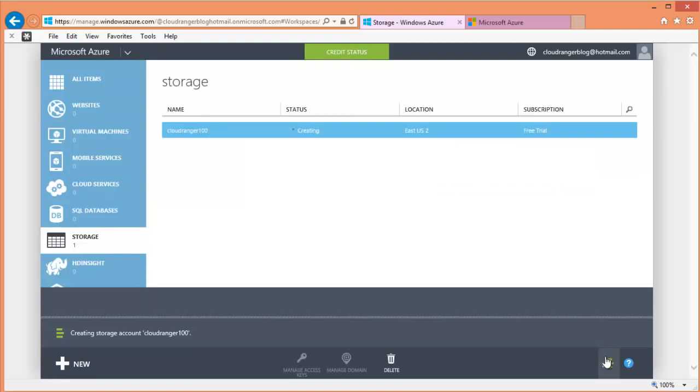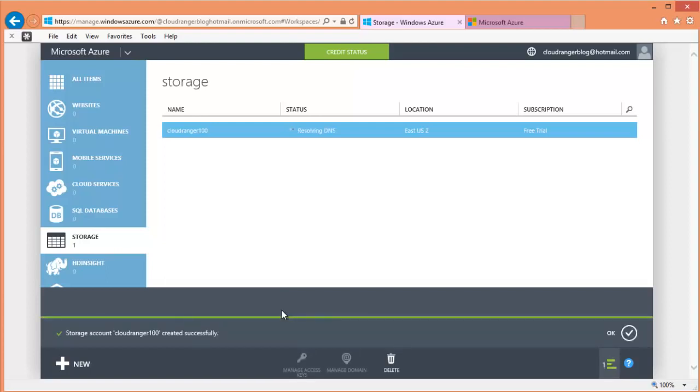So as you can see, the notification bar, like I mentioned, actually shows you the progressing tasks. Right now you can see it's creating the storage account. I'm quite happy with how Azure deals with this, because they precisely show you every single task that you are doing. At the same time, if I was creating a virtual machine, it would just pile up on top of here, and it would show it's also creating my virtual machines, and it would go through each and every step